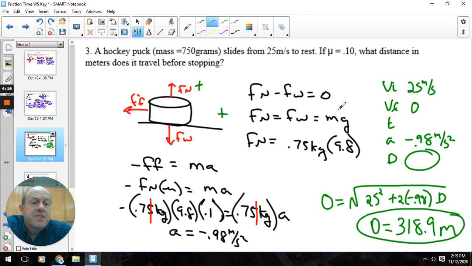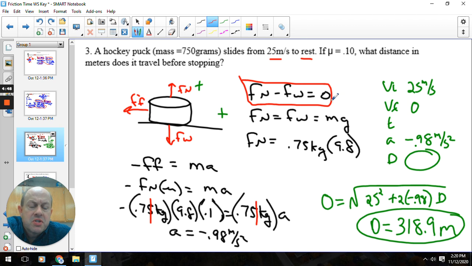Number 3 is very similar to our lab that we did. So we're sliding this hockey puck across. There's no push. We're not continually pushing it. We released it, and now it's going from 25 meters per second to rest. So I like to keep my friction always negative, so that means the opposite, even though there's not a force there, is positive. And then we had the normal also as positive. So my two equations were this one,